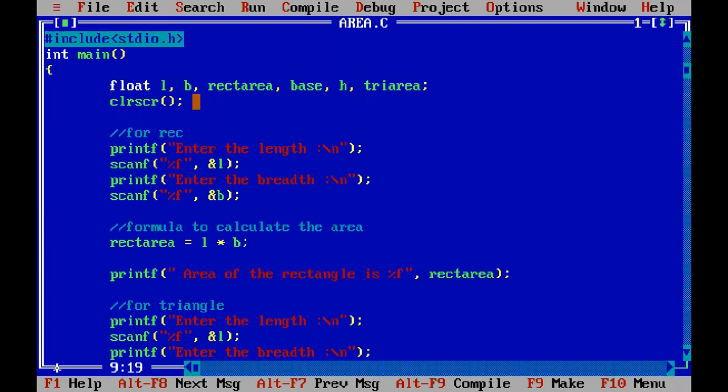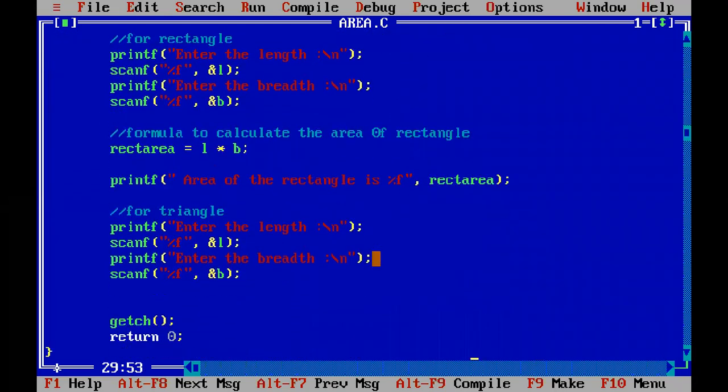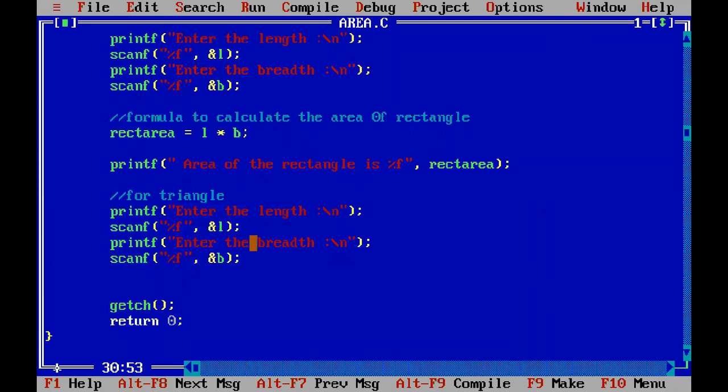So the first part is for the rectangle. Now the second part is for the triangle, so here we will concentrate only on the triangle.